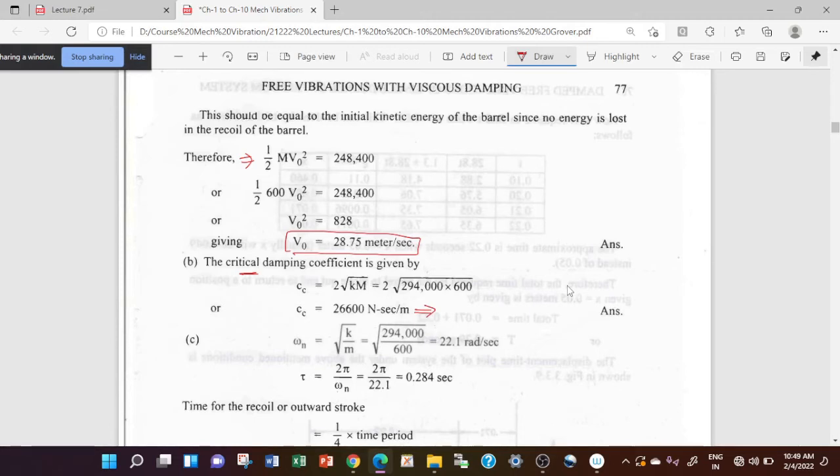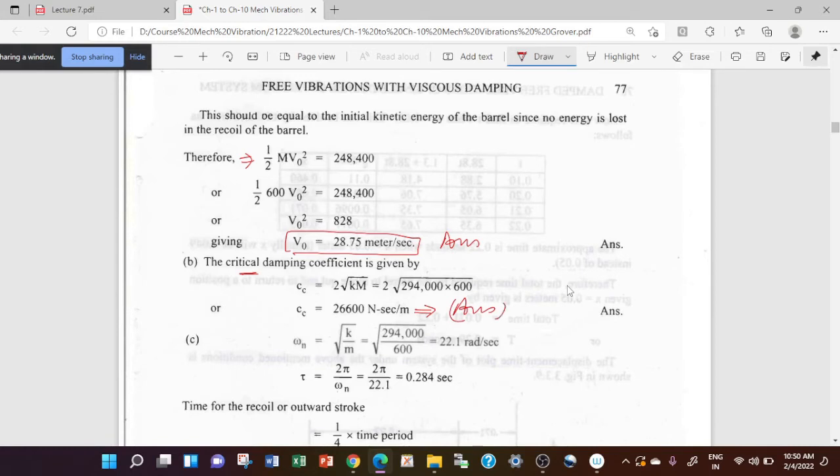So basically critical damping systems are used in the gun barrel. Besides that, you have also seen automatic door closures, where critical damping is employed. It is because we don't want the system to vibrate, and we also want the system to come to its original state in the least amount of time. So because of that, critical damping is used for industrial purposes and so on. This is your first answer, velocity of the barrel. This is the second answer.